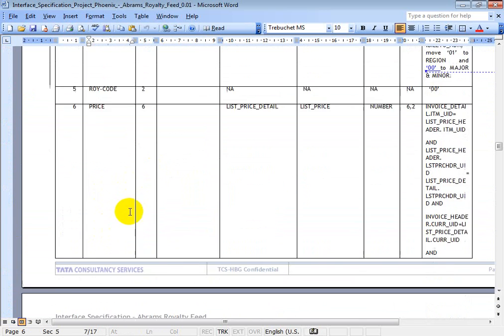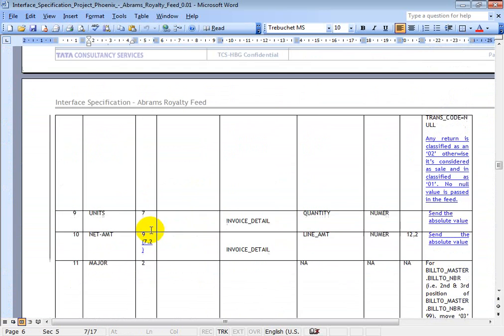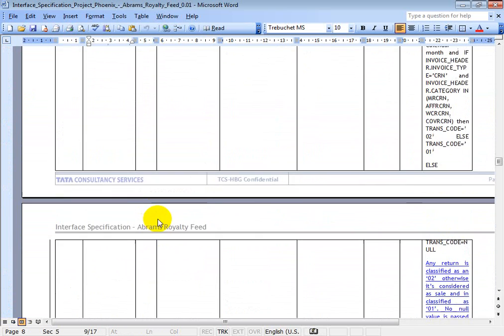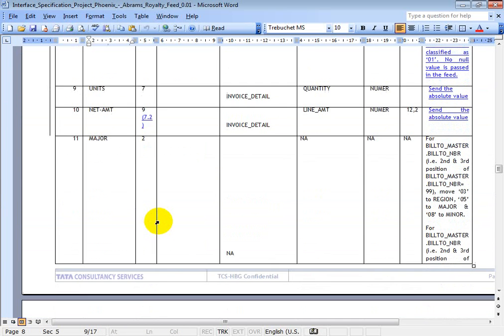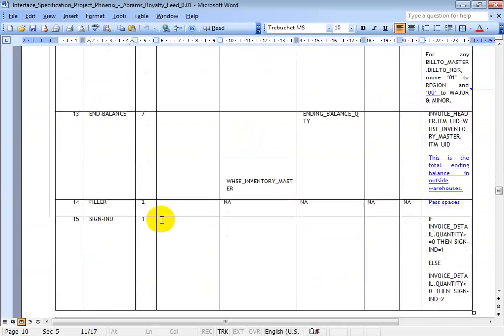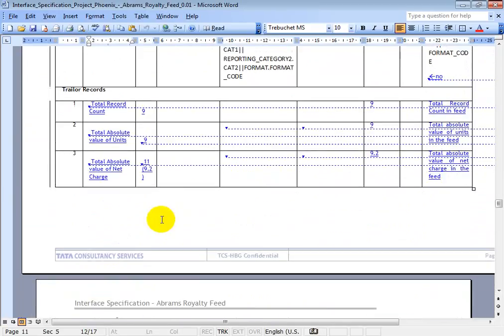There is list price information, discount. You know that sales is nothing but invoice. Whatever orders were already shipped and for which an invoice has been generated, we call that sales.